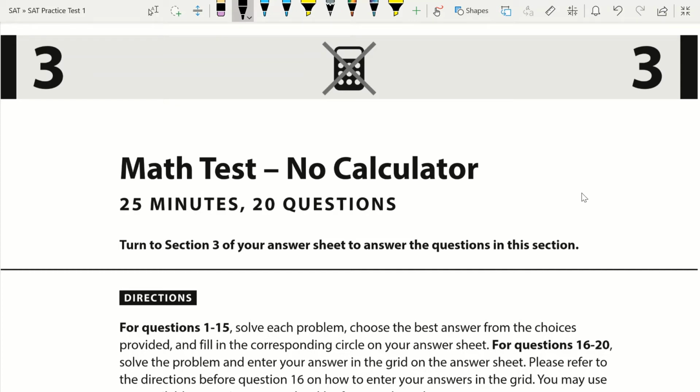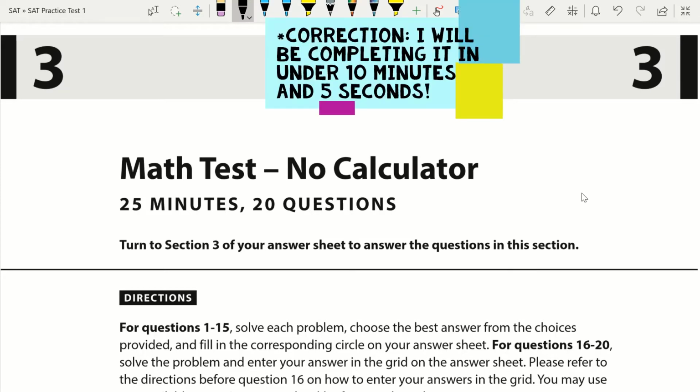Today I'll be taking you through the Math No Calculator section of SAT Practice Test 1. I'll be giving you my tips, tricks, and advice for the Math No Calculator section, as I'll be completing this in under 10 minutes to give you an idea of how you can improve your speed on this section while